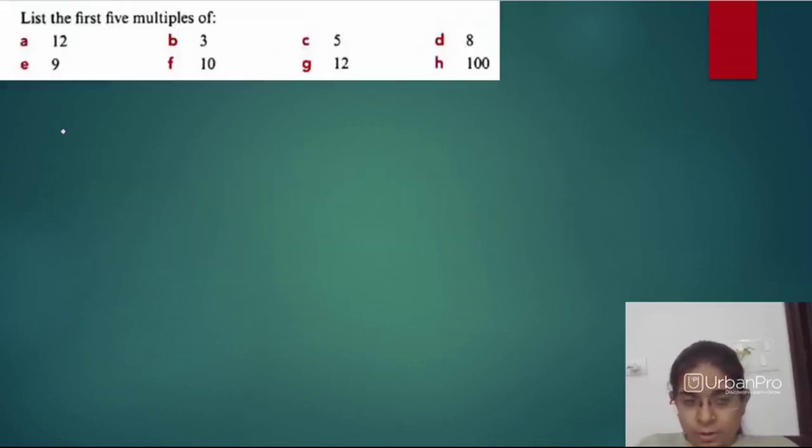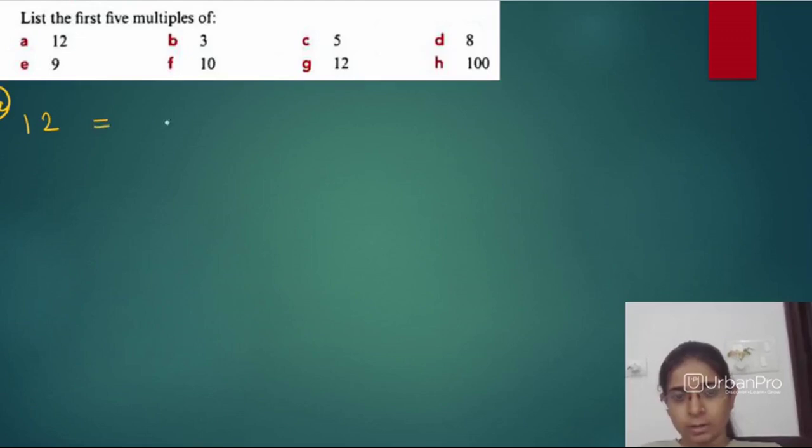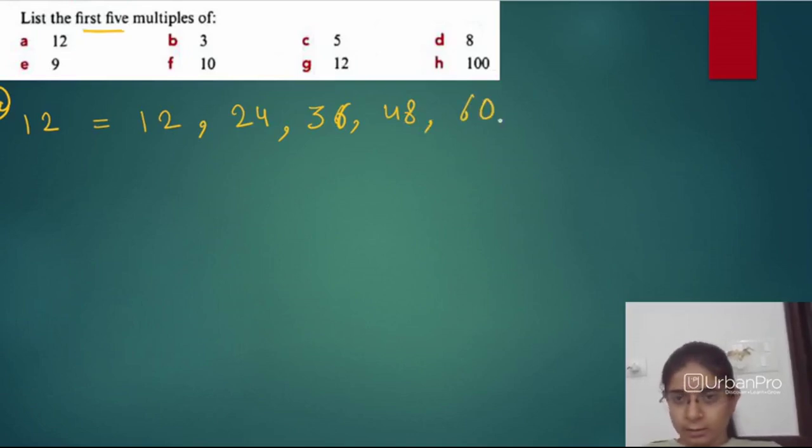Okay, let's try out a few questions based on that. Here we will try out the first question. We will see how we can write the first 5 multiples of 12. So first multiple is obviously 12. When you divide 12 by 12, you will not get any remainder. Then it is 24, obviously the table. Then 36, we have to write the first 5. So the first 5 are: 12, 24, 36, and then 48, and then 60. And this series can go on. There's no end to it.